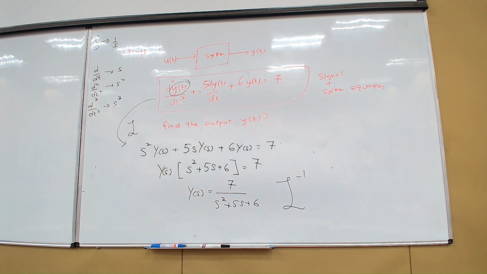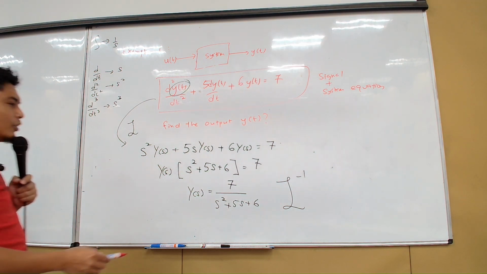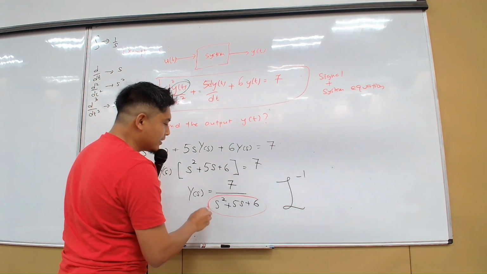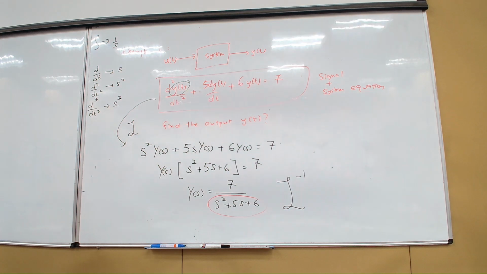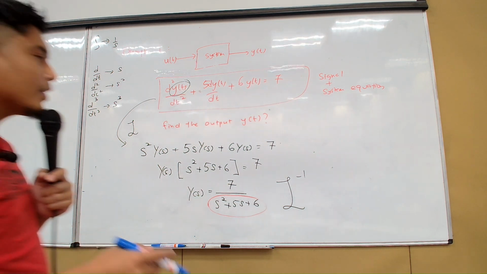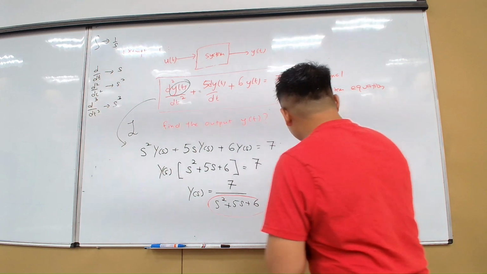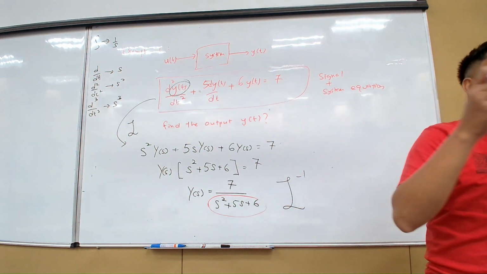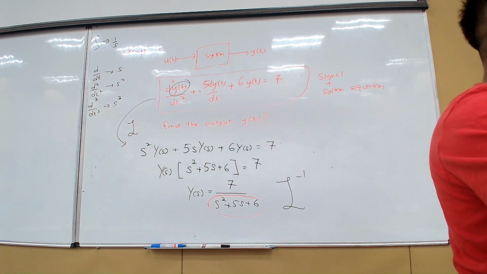If you look at the Laplace table, do you find anything in s square something in this form? If you look at the WhatsApp group, is there? There is none. So that's why you need to change this form into something similar to the information in the